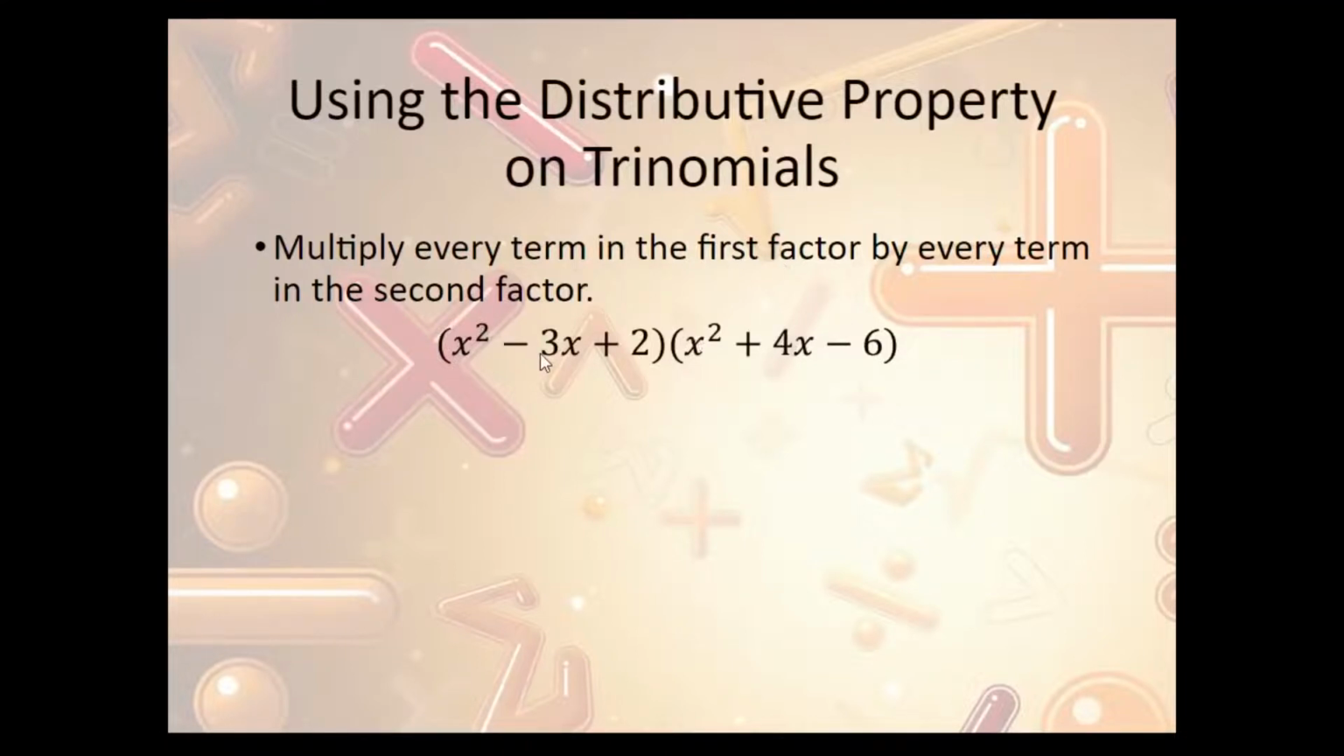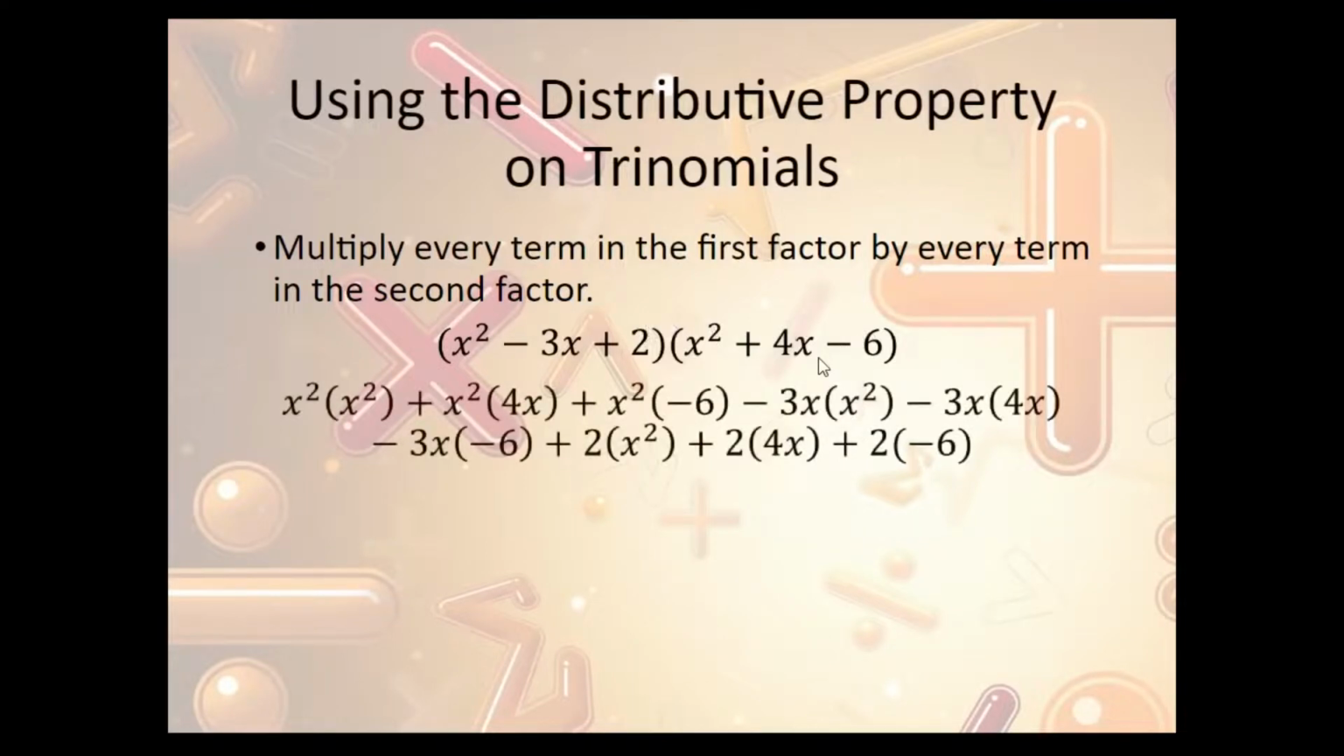Then we do it for the second term. Negative 3x times x squared. Negative 3x times 4x. Negative 3x times negative 6. And then we do it with the 2. 2 times x squared. 2 times 4x. 2 times negative 6. And this looks like a lot of stuff, but once we combine like terms, it shouldn't